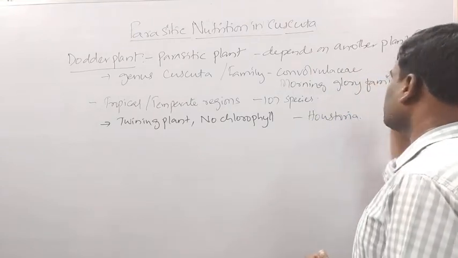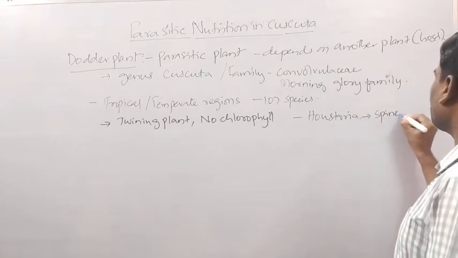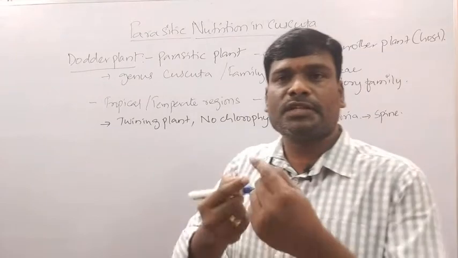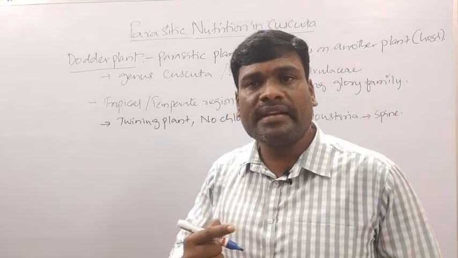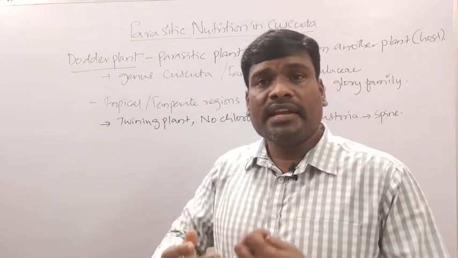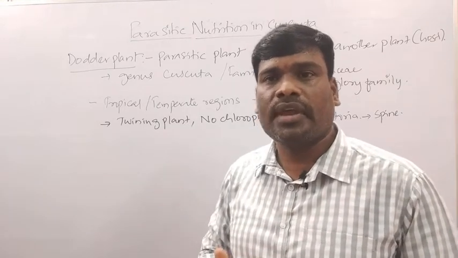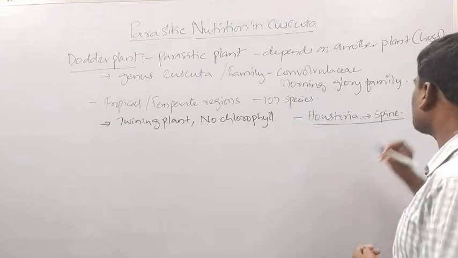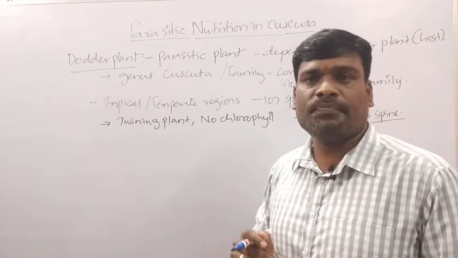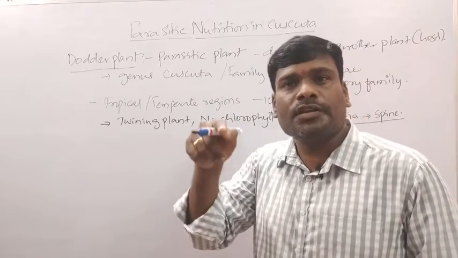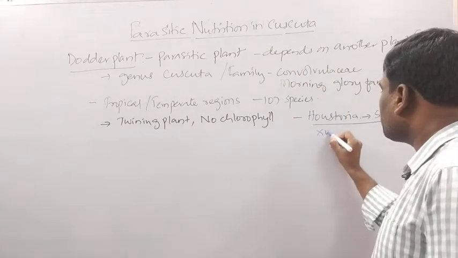Haustoria is a special structure children. It is nothing but like a spine. It will penetrate into the tissue of the host plant, and extract and absorb the nutrients children. So this haustoria is an adapted, spine-like structure which will prick into the tissue of the host cell, and with that haustoria, it will